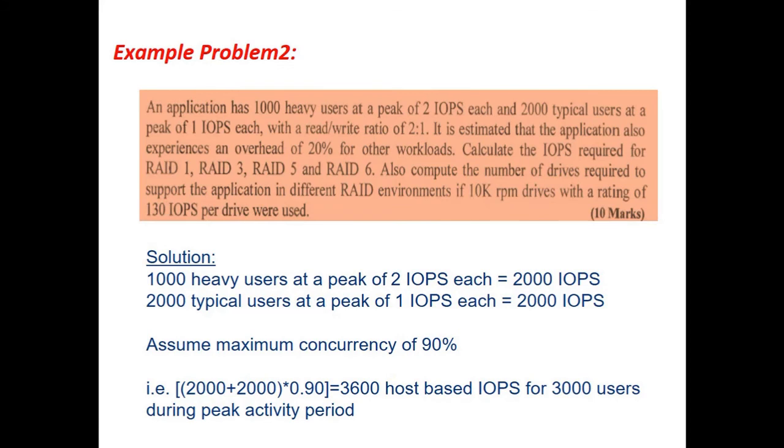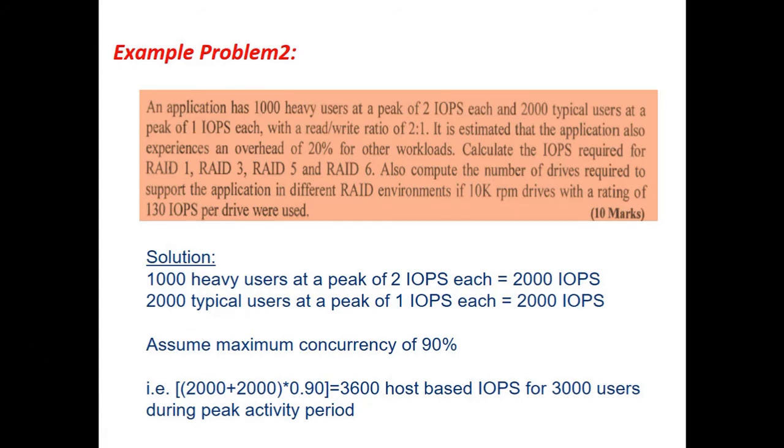So similar to our previous problem, they have given us the IOPS. What we are supposed to compute is the disk load for the different RAID levels as well as the number of hard disk drives that is required. Now they have mentioned that our application has 1000 heavy users at the peak